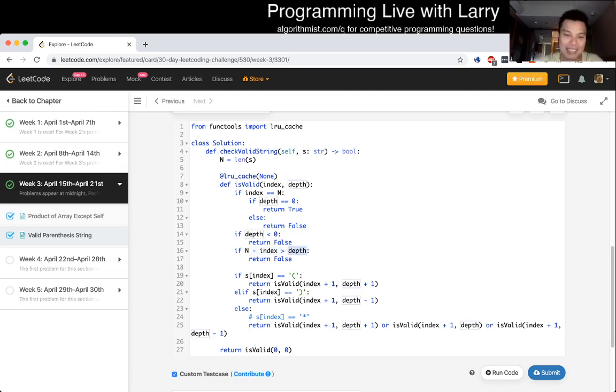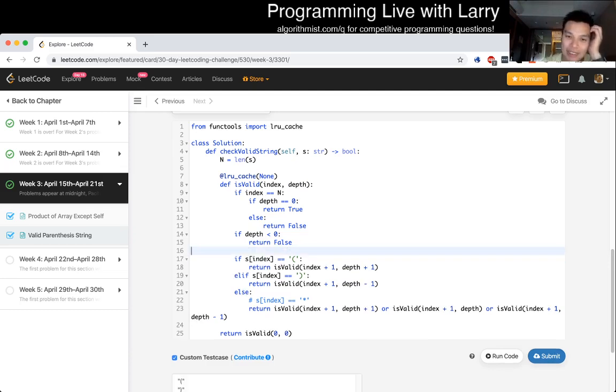So that's kind of the thing, but it's not even necessary, right? That's only a constant time optimization. So there's n index, n depth, so there's going to be n squared possible states, and in each state we do O(1) work, right? For these two cases it's obvious, but this is also O(1). It's just three operations or a series of operations. So yeah, definitely